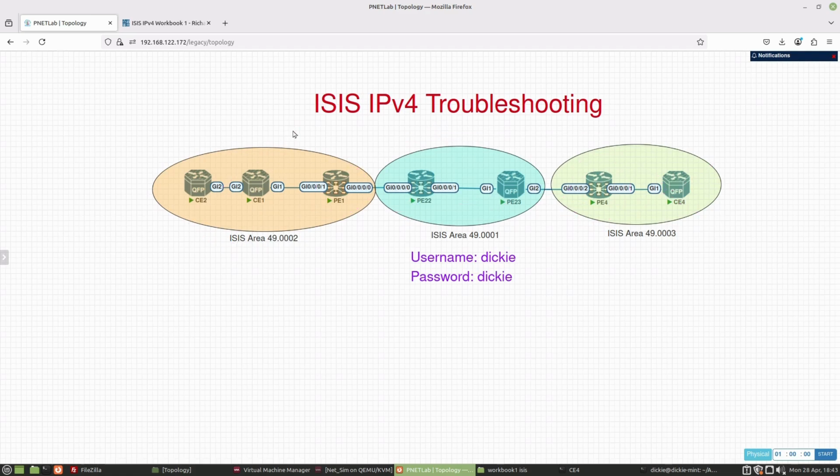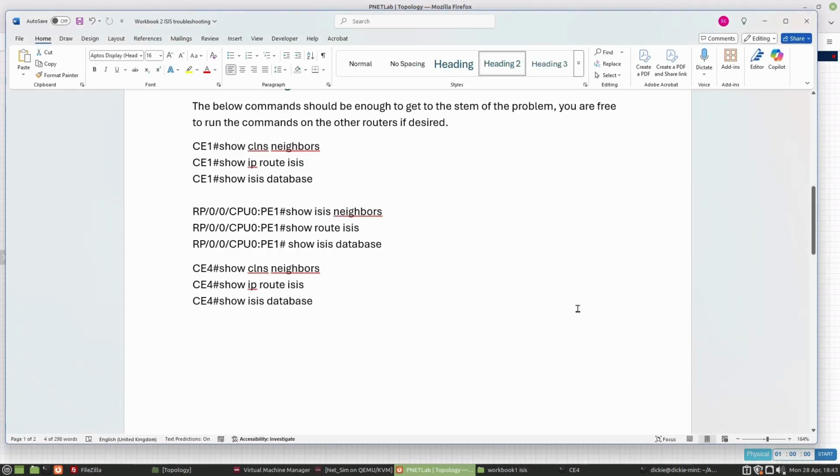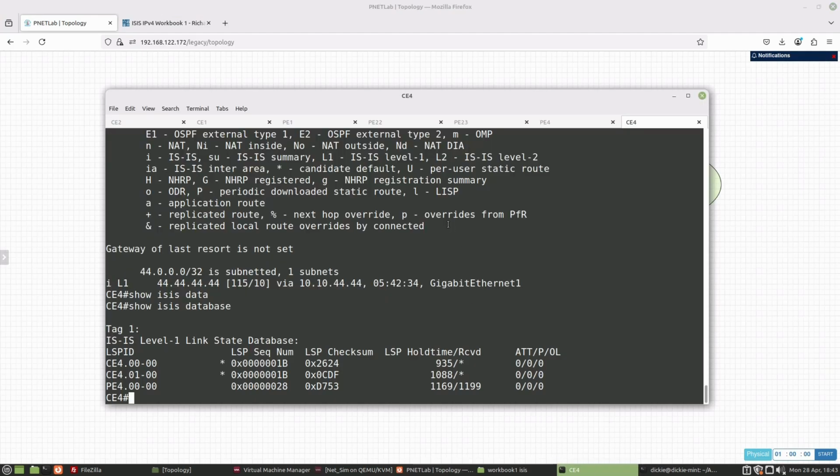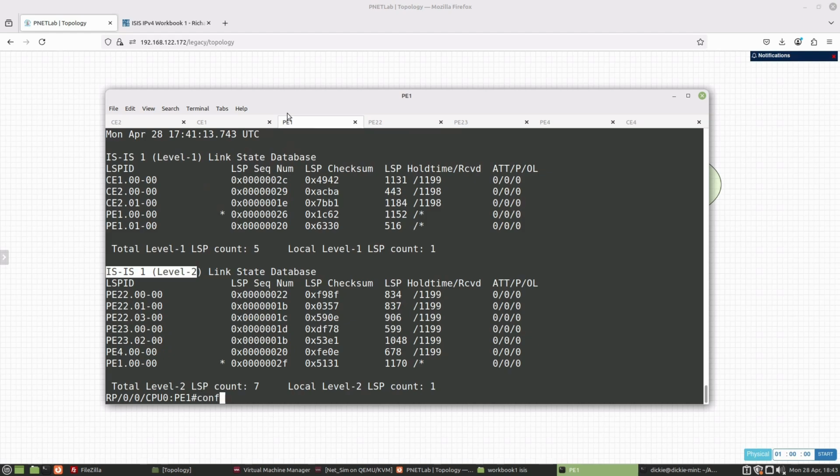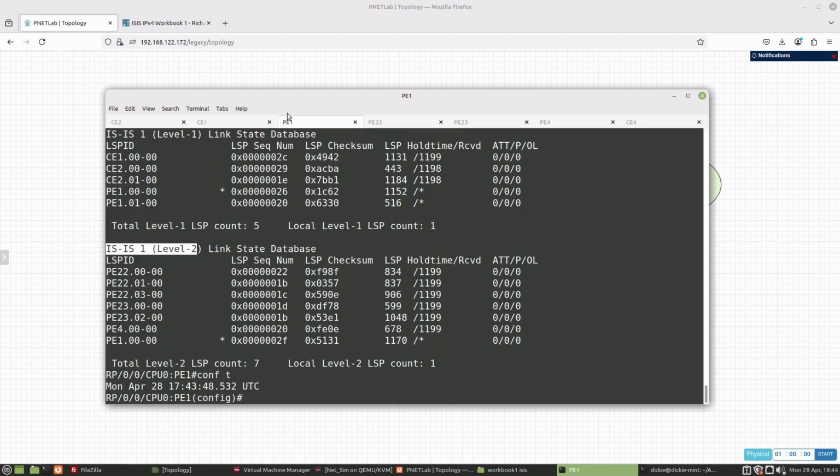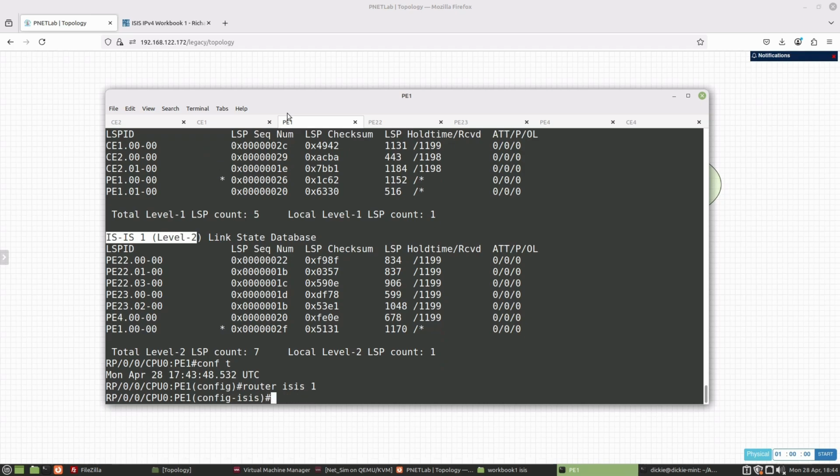Okay, so there's a couple of ways that we can work around that to see if we can fix this. One is to inject a default route. So we can do a default route on, let's say, the PE. So if we go on PE1, conf t, and let's go router ISIS1, and let's go address family IPv4 unicast,